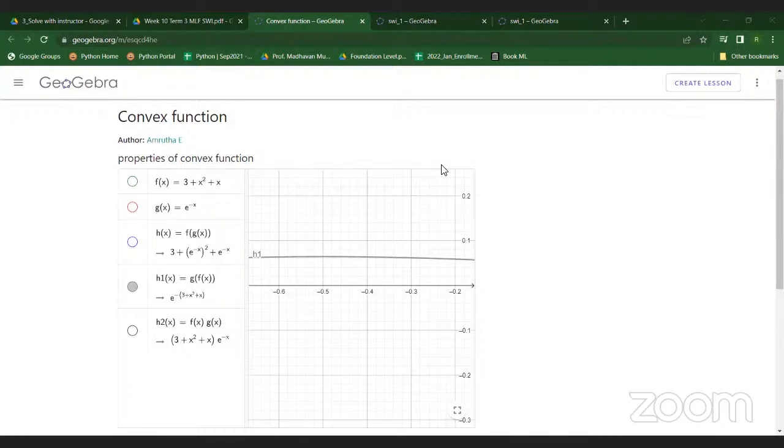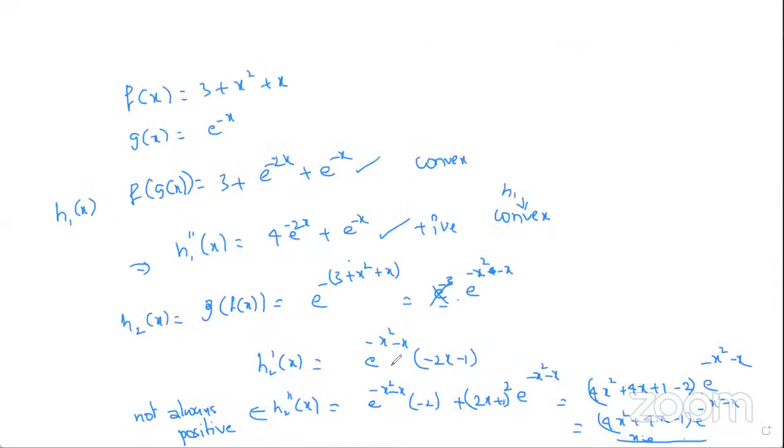Let's look at our differentiation which we did. E power minus x square minus x, minus 2x minus 1. If you differentiate it, it's going to be minus 2, correct? To express a whole square into,